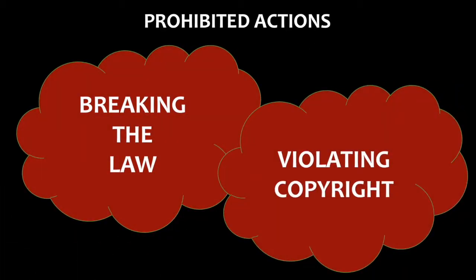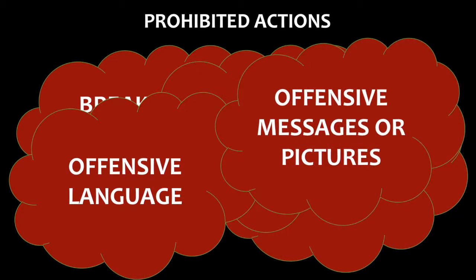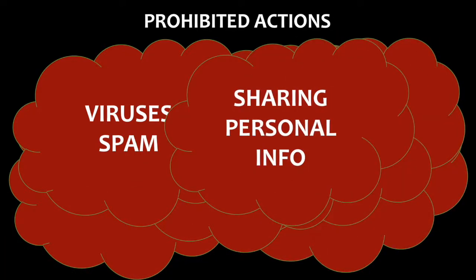The following actions are prohibited and may result in disciplinary action: breaking the law, violating copyright law, downloading music, photos, games, applications, or other content illegally, using obscene or offensive language, sending or displaying offensive messages or pictures, harassing, insulting, or attacking others in any way, intentionally spreading viruses or malicious software, sharing personal login information or using another person's login,